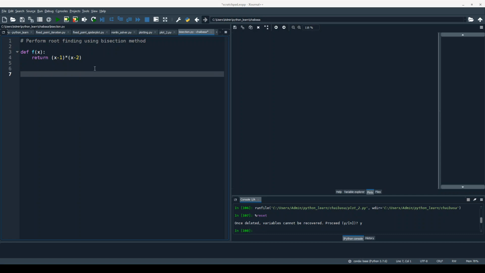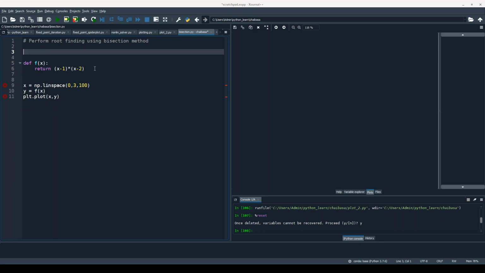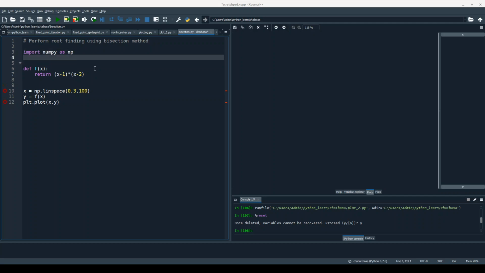Let us see that in fact. So x equal to np dot linspace 0 to 3 comma 100, y equal to f of x, plt dot plot x comma y. I have used all the functions but I have not imported anything, so I must import numpy as np, import matplotlib dot pyplot as plt.